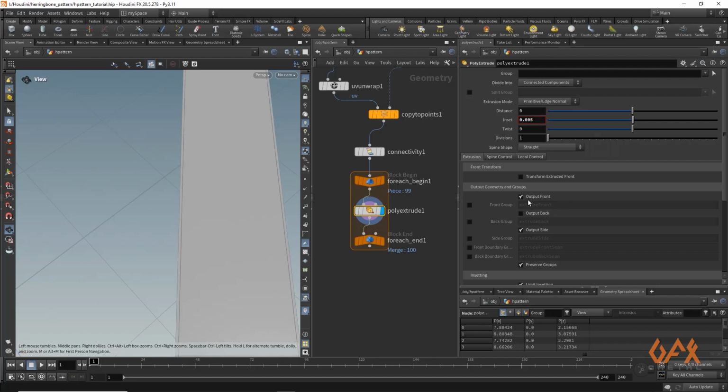I set the front to be in one group and the outside to be in another group. So we store the information as extrude side and extrude front.